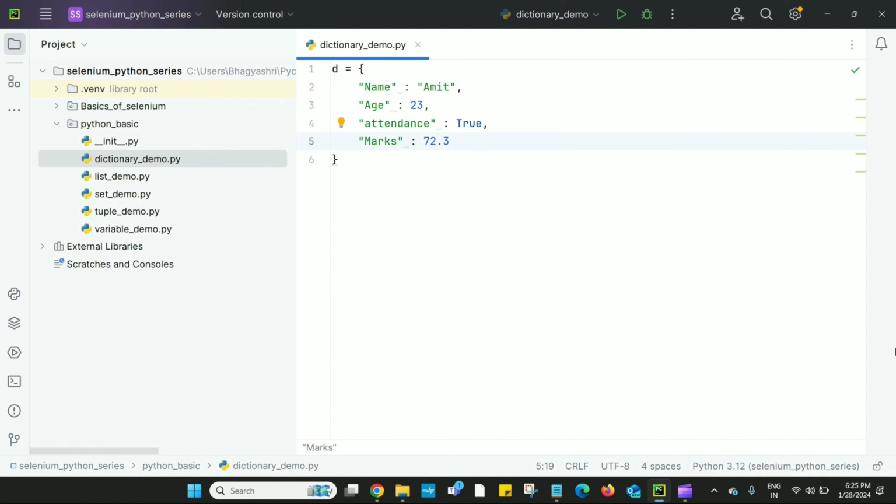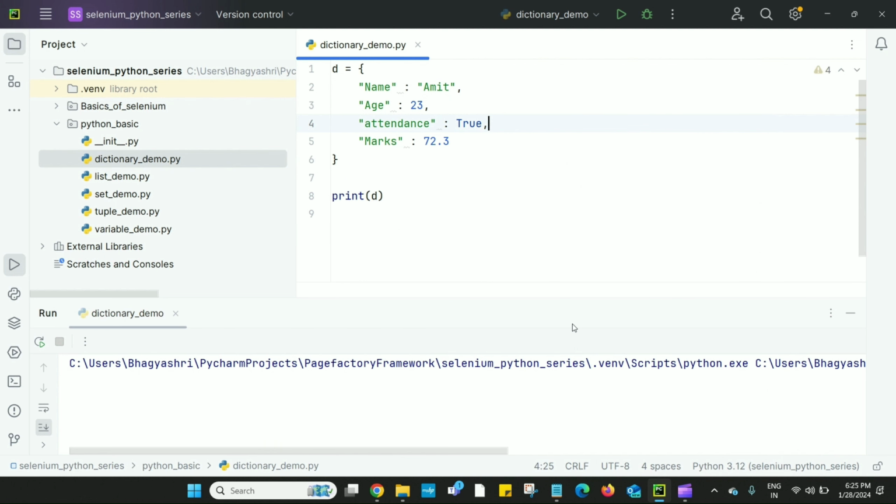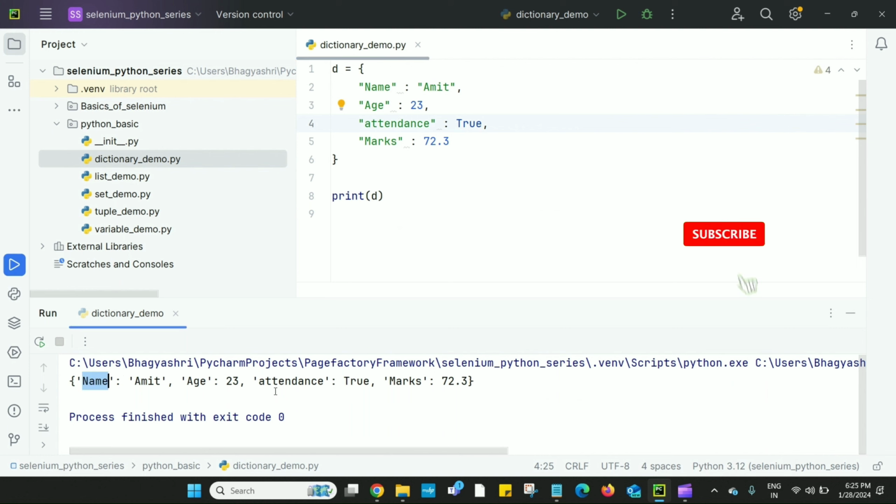So this is the record of a student, and print this. We are getting this dictionary in terms of key and value: name as Amit, age 23, attendance true, and marks as 72.3. So this is one way of declaring a dictionary.